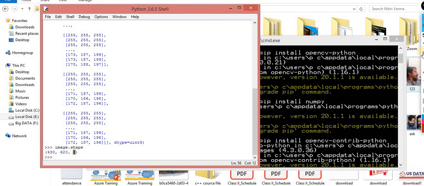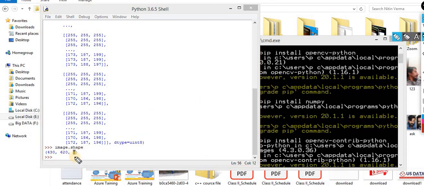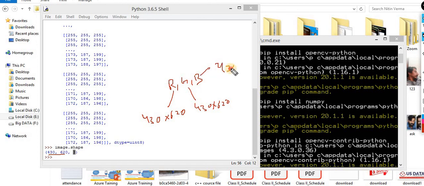That means it's a colored image, so a colored image means there is RGB, a 3D array. What is the range of that array? 430 into 620. So this one is the representation of the rows and columns.